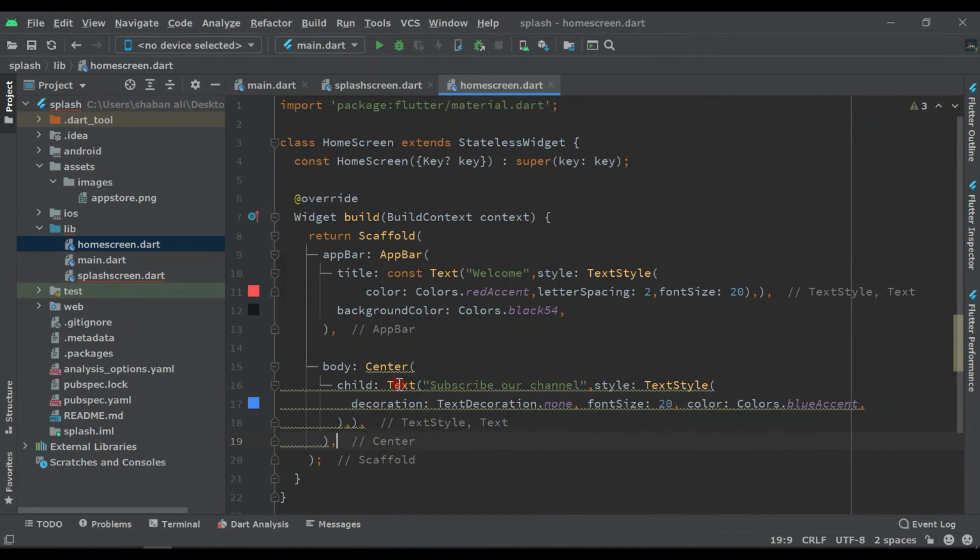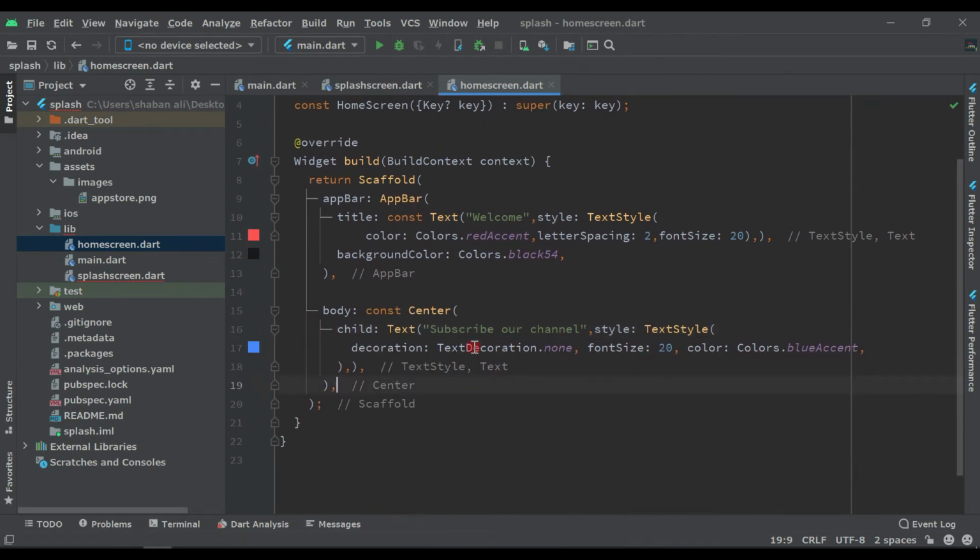So now click on this Text, add a const like this. So this will display on our home screen.